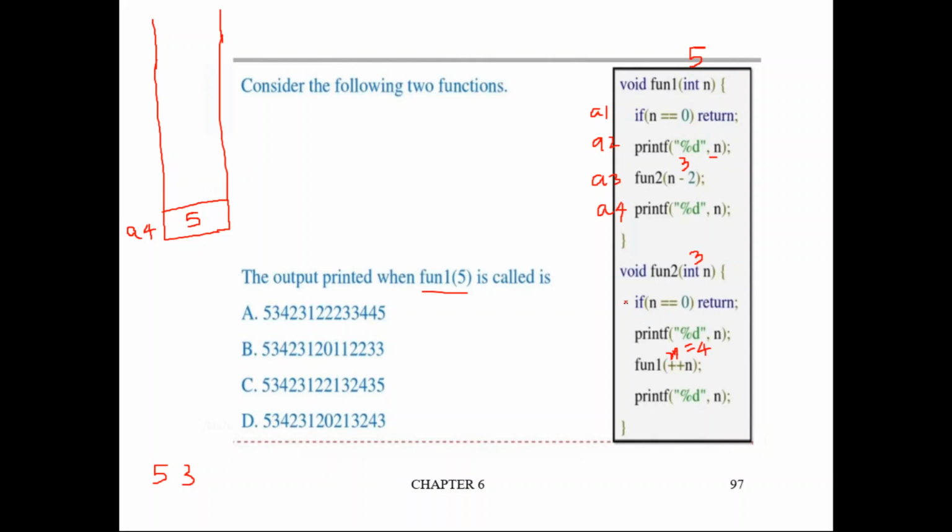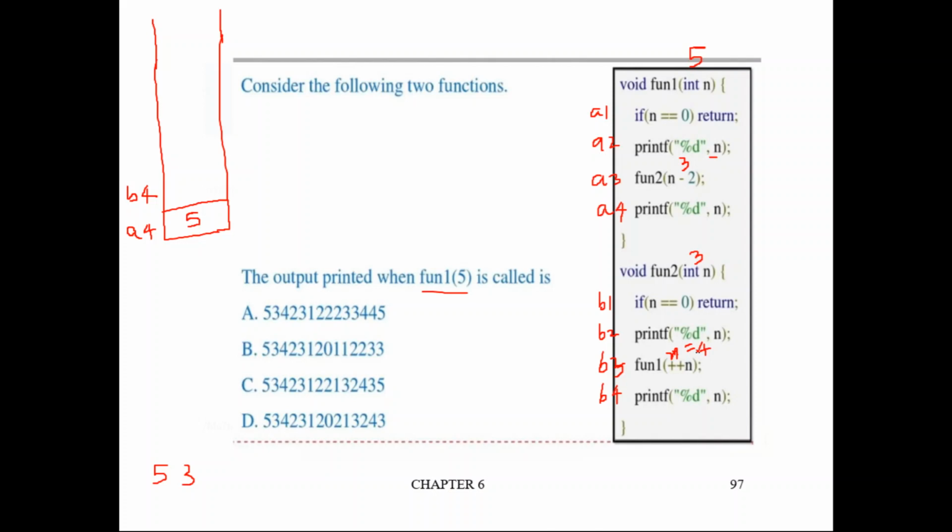Okay. So now whenever there is a function call, the address of the instruction that follows the function call should be pushed into stack. So let us assume that B4 is the address which follows the function call. So we will push B4 into stack and at that time, again here we have only one local variable n.